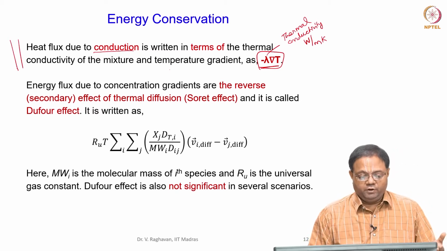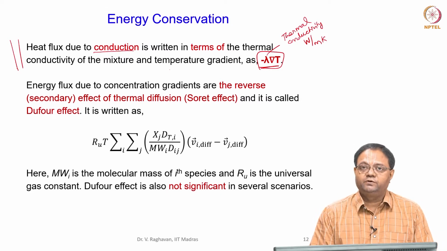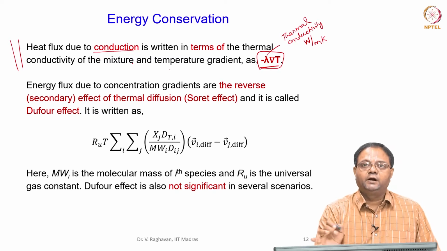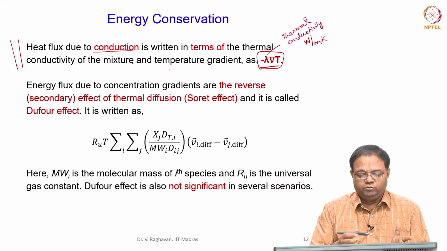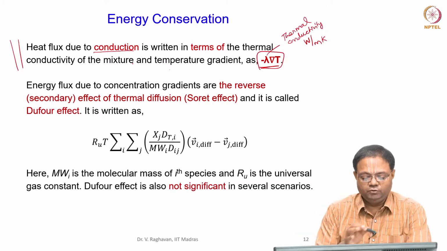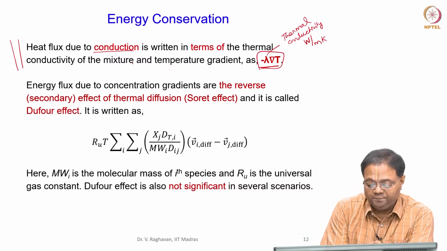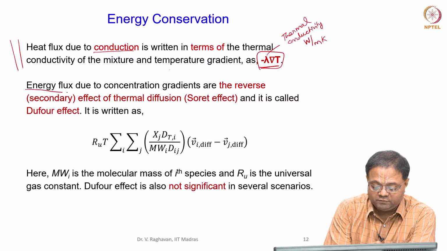So, the previous term was the energy flux due to the species transport, and the second one is the heat flux due to the temperature gradient. This is also a surface phenomenon. So, the heat enters through a surface and leaves through another surface. Then the third term, the energy flux due to